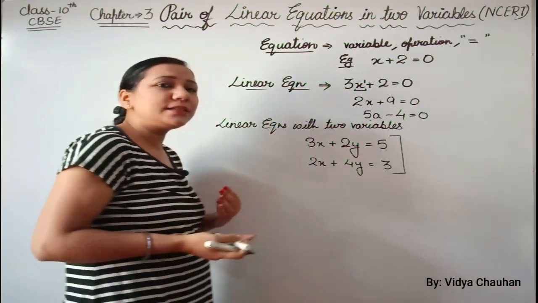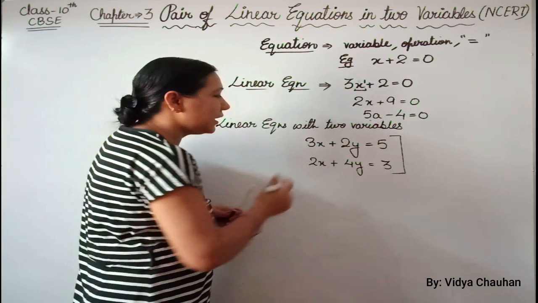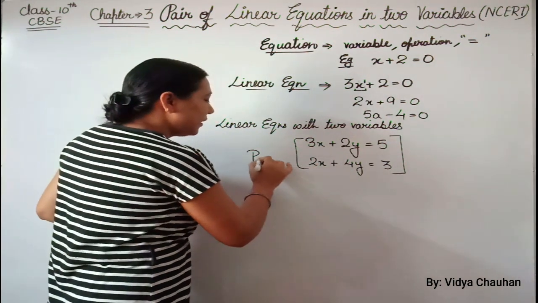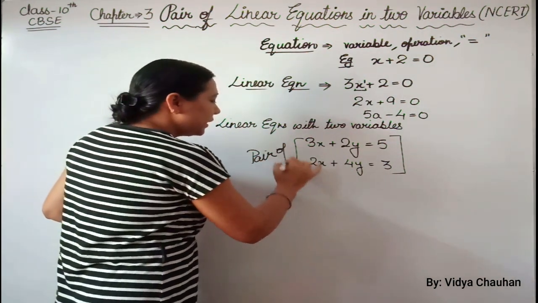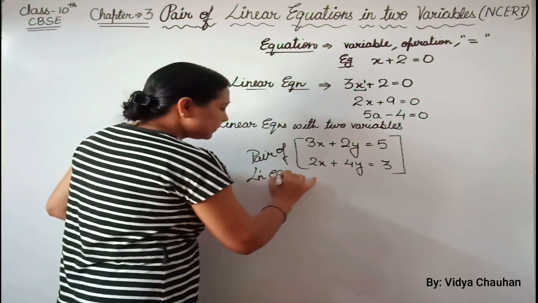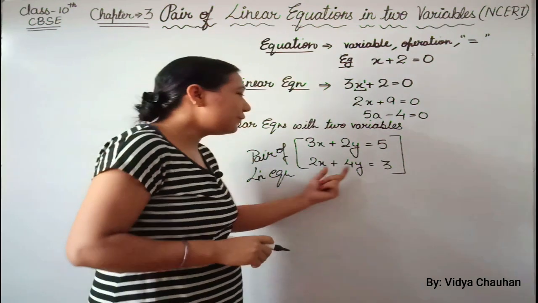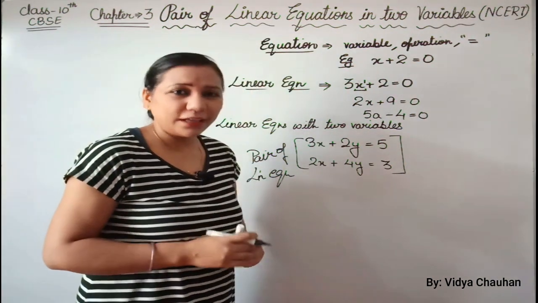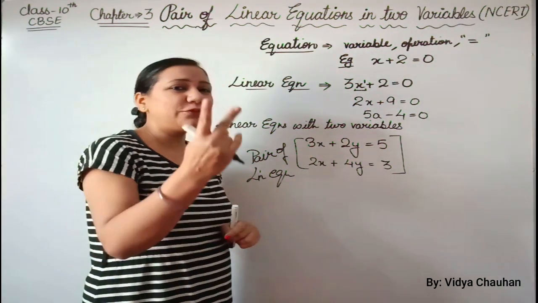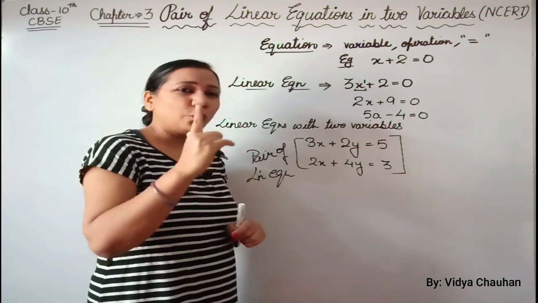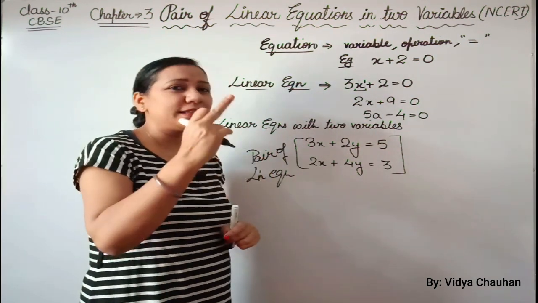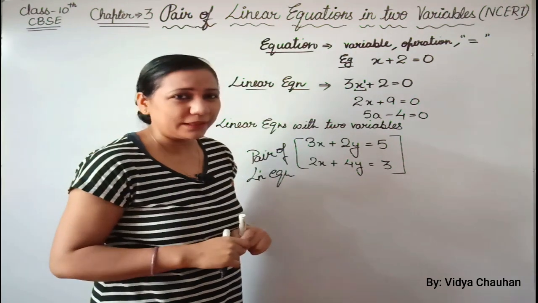Now to find the solutions, this becomes a pair of linear equations. So whenever these kinds of linear equations are given to us, we have two different methods to solve them. One is the graphical method and the second is the algebraic method. But before